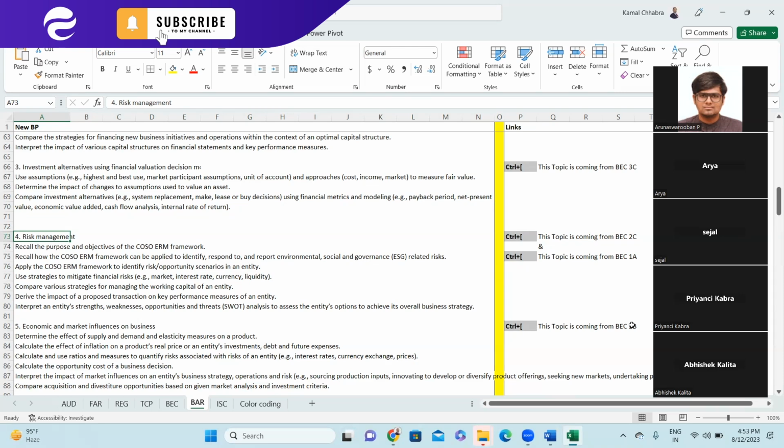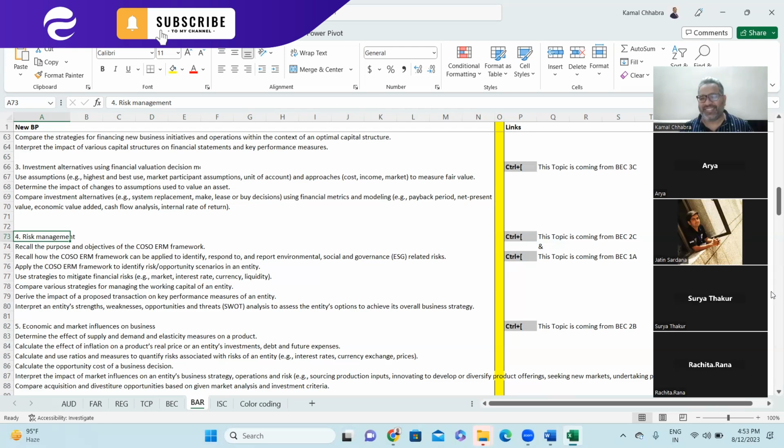So basically, while we are performing the walkthroughs of different audit clients, we go through their entire IRPR process, and we identify risks in those processes, and then to mitigate those risks, some controls are being placed. The full form of IRPR is initiation, recording, processing, and reporting. So how the transaction is initiated in the accounting system, then how the system processes it, and finally how it is being recorded and reported in the financial statements.